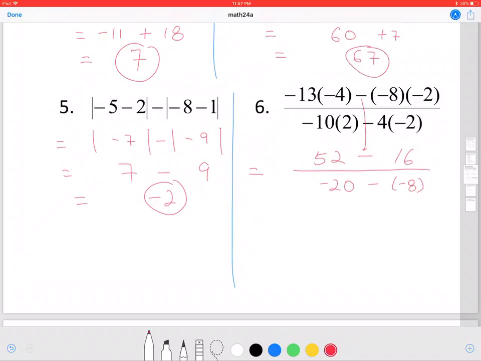Okay, so let's clean that up a little bit more. 52 minus 16 should be 36. Negative 20 subtract negative 8 is plus 8. So that will give me 36 over negative 12. Negative 20 plus 8 is negative 12. So basically this is 36 divided by negative 12. And remember, a positive divided by a negative is a negative, so the answer should be negative